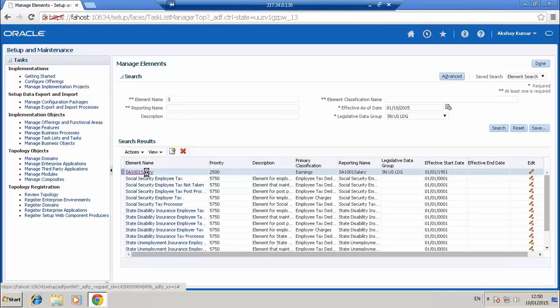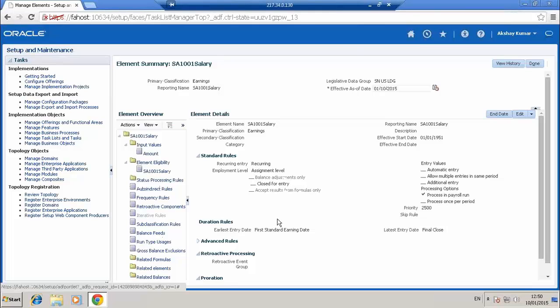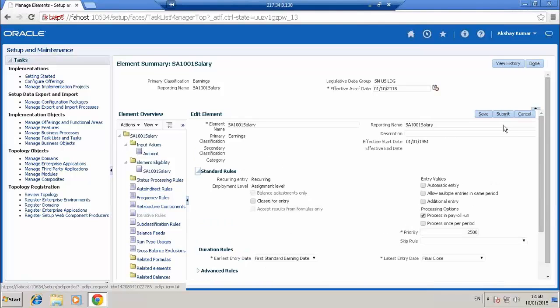So if I get into this, this is the element which I created. This is the detail of the element. You have the element name available. When you create a new element, you will get the full information on how it is created.